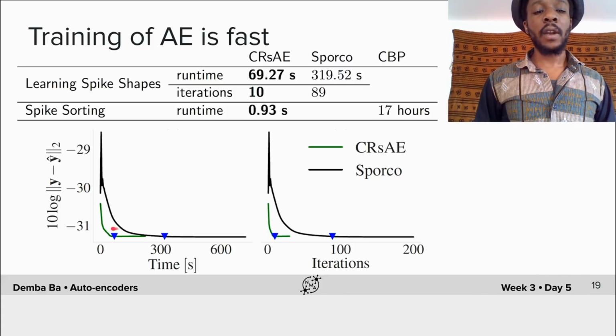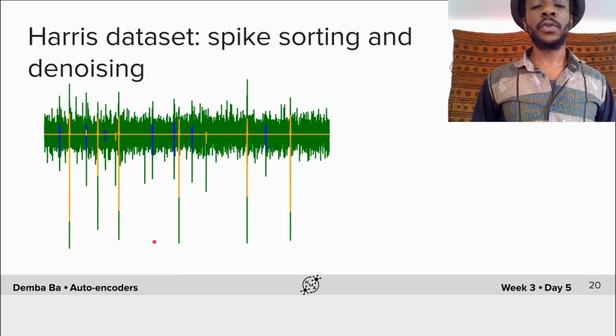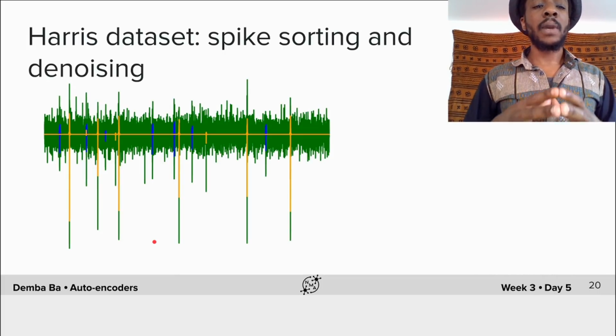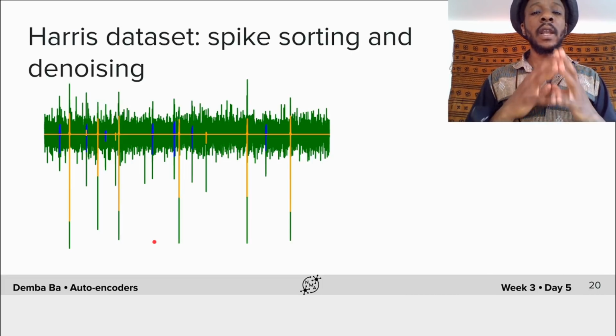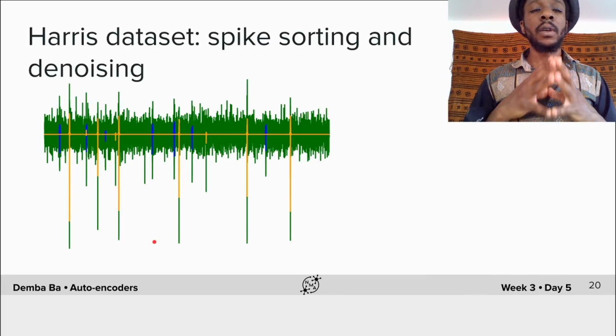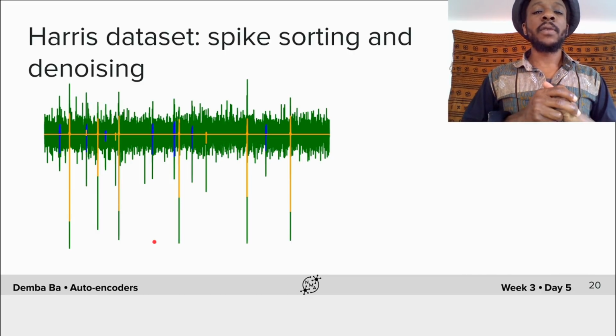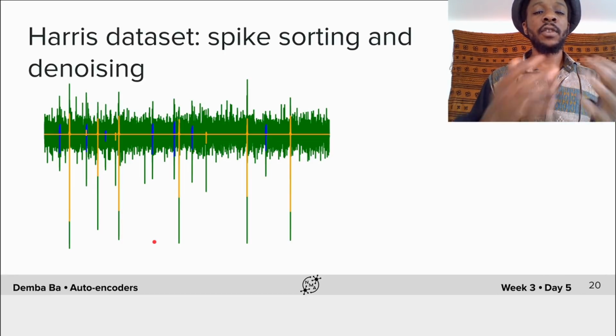So it's not just that our algorithm is faster, it is faster and it can achieve the same level of accuracy as other algorithms. We also see this when we apply the algorithm to real data. So what I'm showing you here is the application of our algorithm to a data set that I introduced at the beginning of the talk. This is what people refer to as the Harris dataset. This is a set of recordings from the hippocampus of rat using tetrodes. I'm only showing you one of the electrodes here, and it is known for this data set that there's primarily